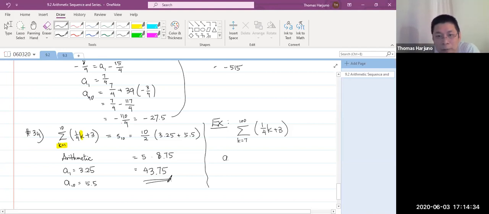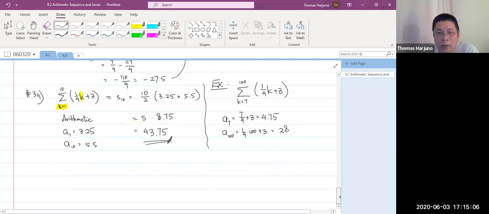I will see what the first term is first. In this case, the first term is the 7th for k, when k equals 7. I get 7 over 4 plus 3. That's 4.75. And the last term, a sub 100, that's 1/4 times 100 plus 3, that's 28. Now notice that this is still arithmetic. So the sum